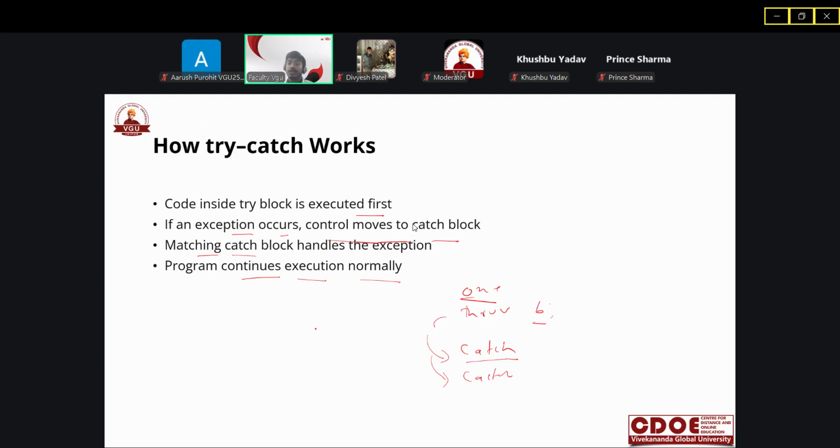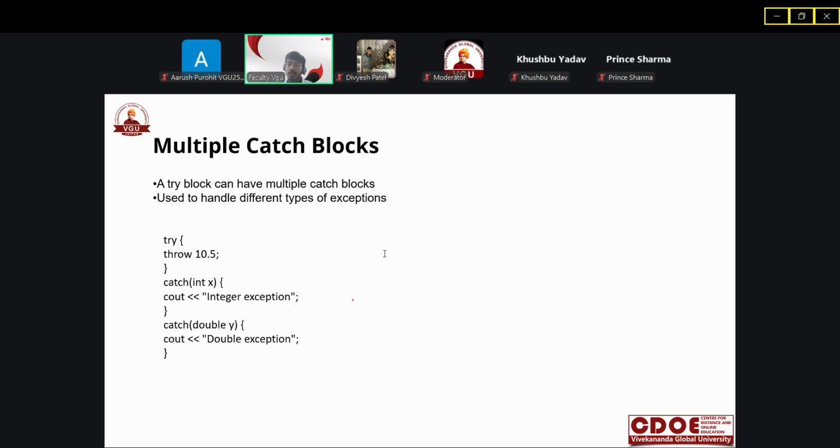Now let us discuss how multiple catch blocks work. We have a try block, and this try block is throwing 10.5. 10.5 is a double.